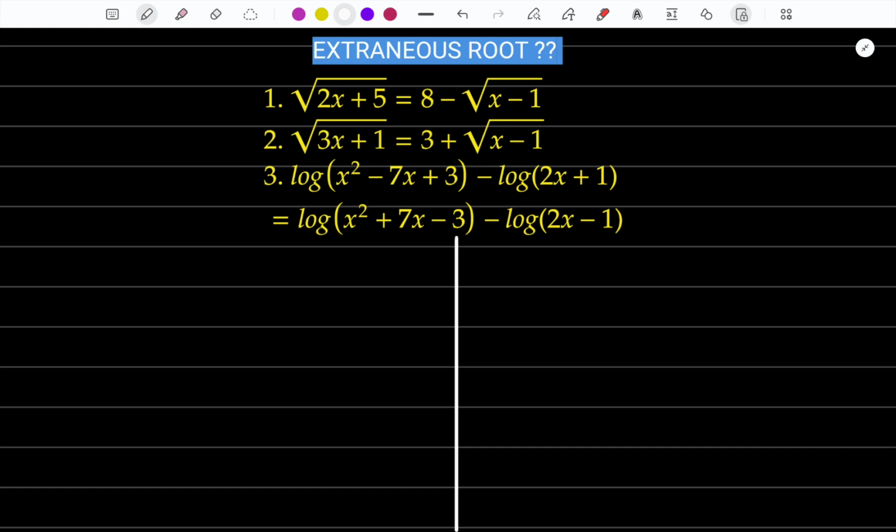Hello everyone. Today we are going to see about extraneous root. Here an extraneous root is a solution that emerges during the process of solving an equation but does not satisfy